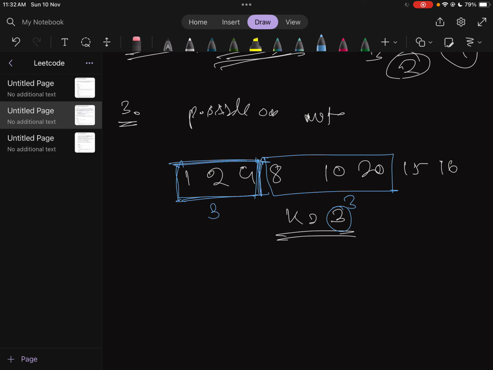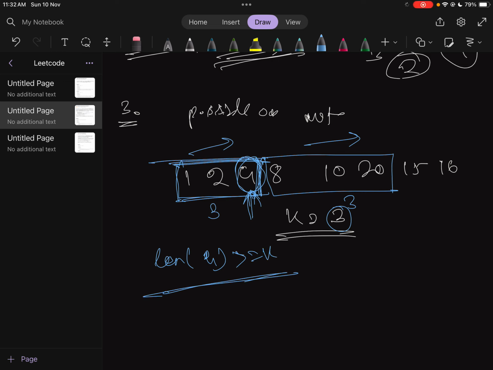Now we will check whether both are strictly increasing or not. How will we check whether a sub-array is strictly increasing? I take the length of the sub-array ending at a particular index. If the length at the last index of the sub-array is greater than or equal to k, that means this sub-array is strictly increasing.